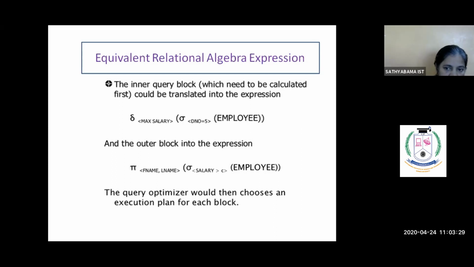Within the brackets we have given select of salary is greater than C, which is the answer of the first inner query. The salary will be checked, and if it is greater than that answer, that alone will be selected from the employee table, and for them only first name and last name will be given. Okay. Now we are going to see the next.